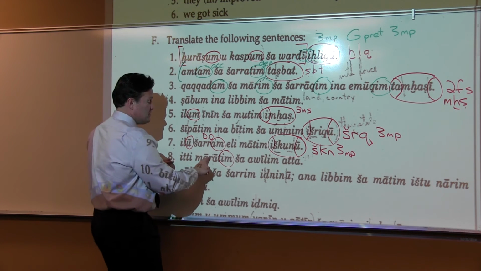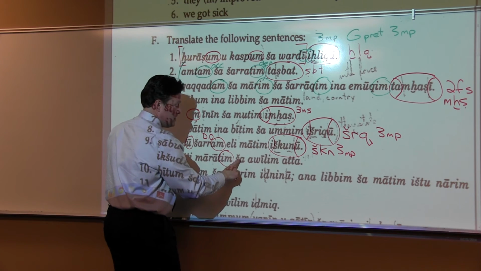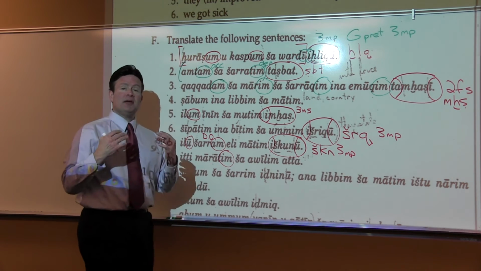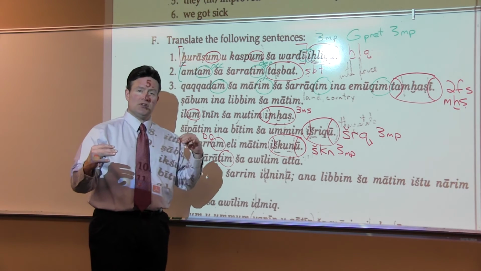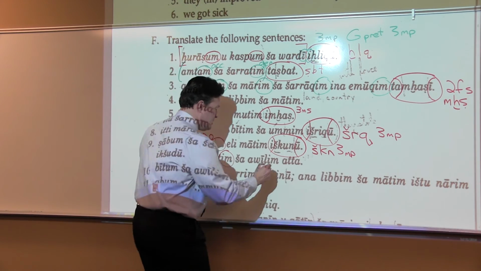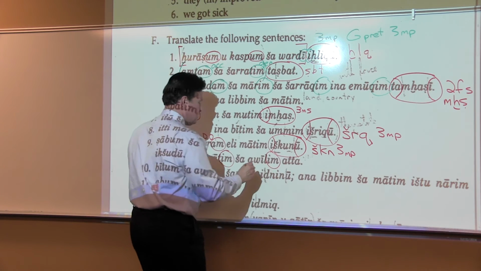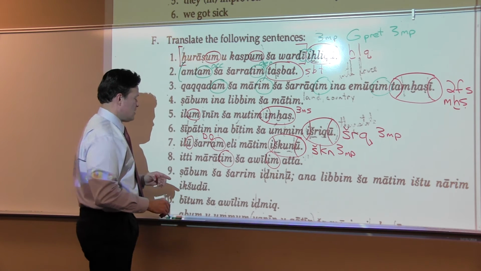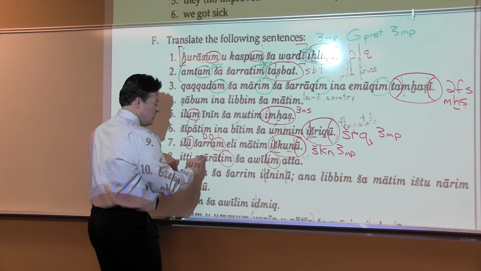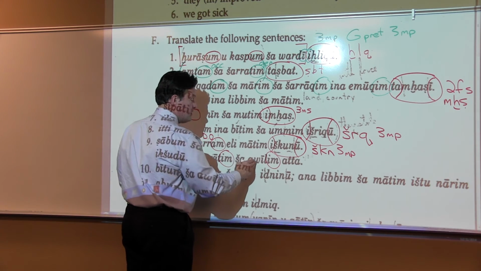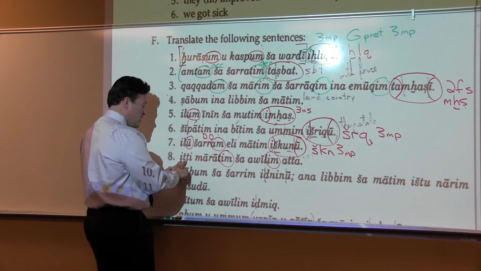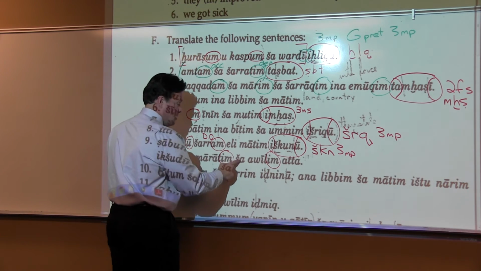So, with the daughters of, an awilum is a peer. Whatever status you have, an awilum is your peer. This appears in the genitive case because it's the object of sha. So, with the daughters of the peer are you. You are with the daughters of the peer,